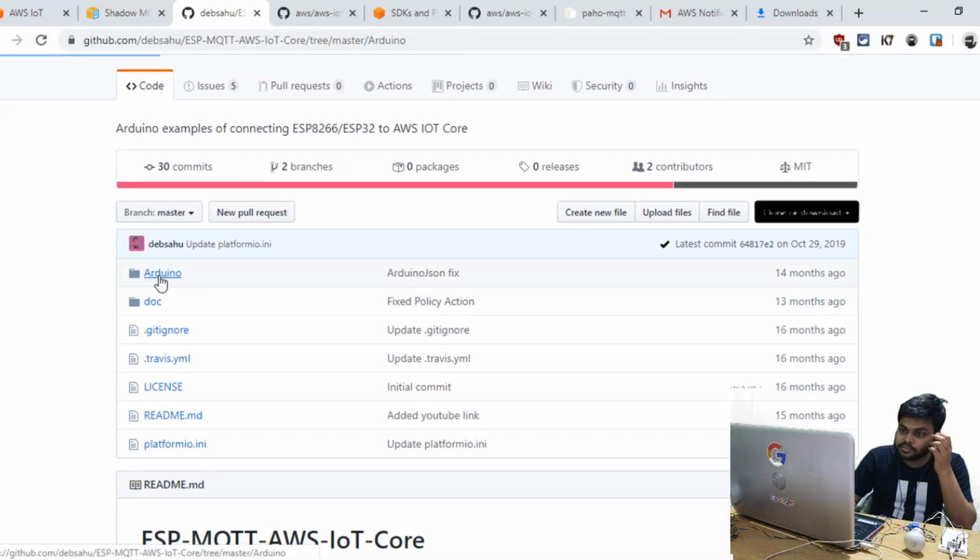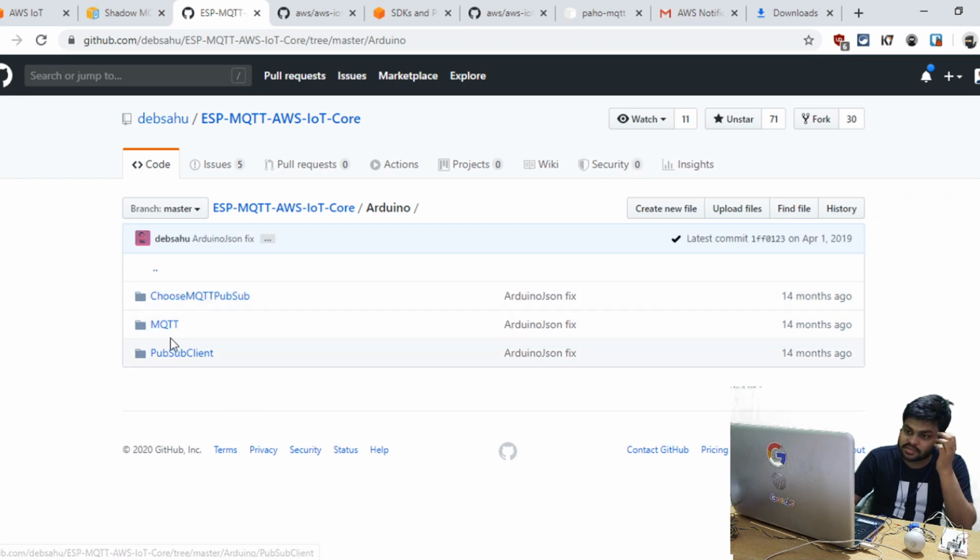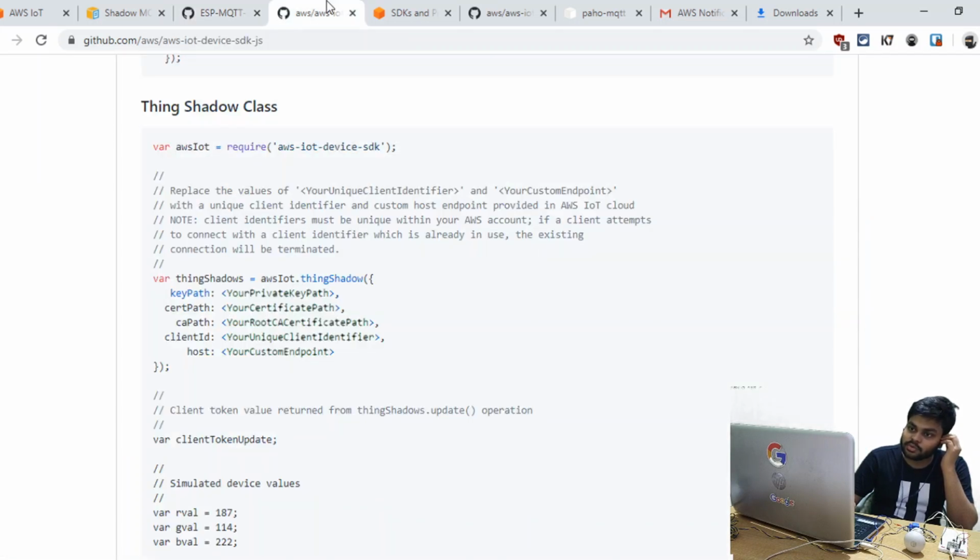Click on Arduino, and we have two or three sketches, MQTT PubSub client, and choose MQTT PubSub. If you have been working on Arduino IDE for a while, you know that there are two basic core libraries for MQTT. One is PubSub client, which everyone is using, and the other is Arduino MQTT.